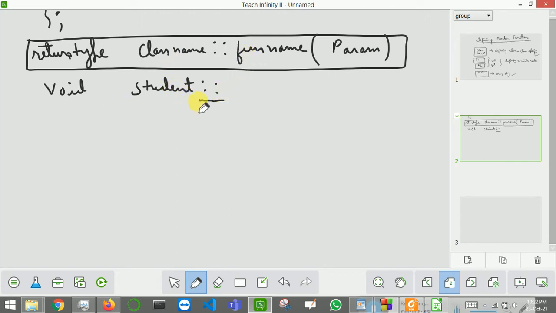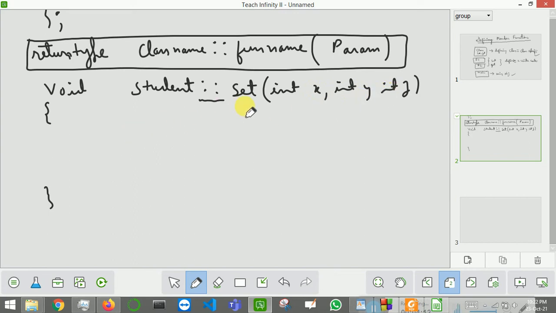You will always define the functions like this. So I will write the function name set, and then the parameters int x, int y, int z, and then these brackets. Okay, so this is how I will be defining my function: void student scope resolution operator set int x, int y, int z.